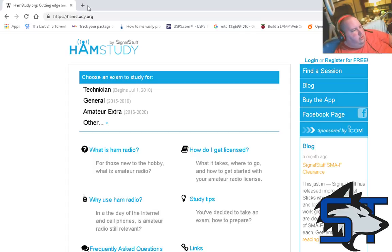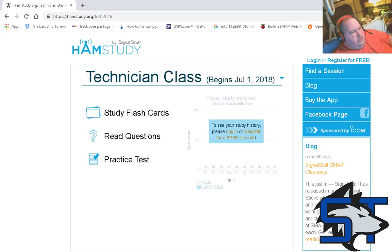So we're at the hamstudy.org website. You pick which test you're going to start with: technician is the basic, general is the mid-level, and amateur extra is the advanced. We're going to be doing technician. You click on that. You can register on their website. I don't have an account here yet, I've been doing it as a guest. You don't have to register. You can study the flashcards, or you can just jump right into the practice test. And being that I've been studying for my test here,